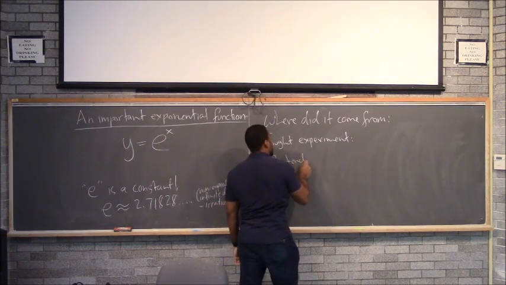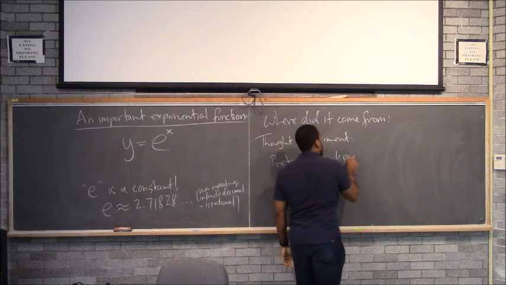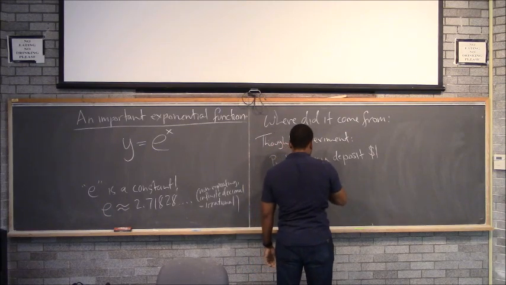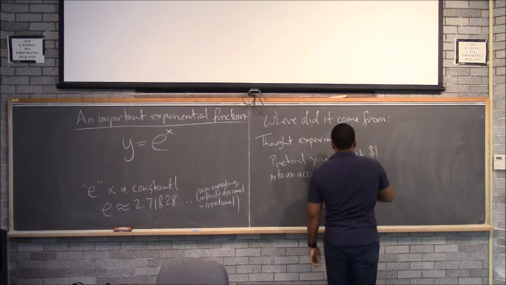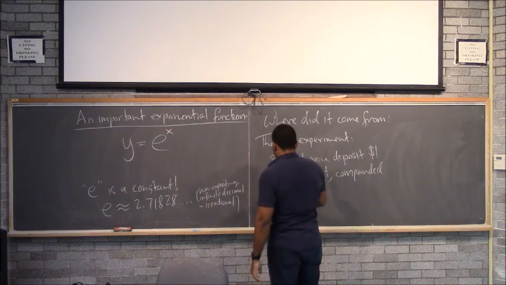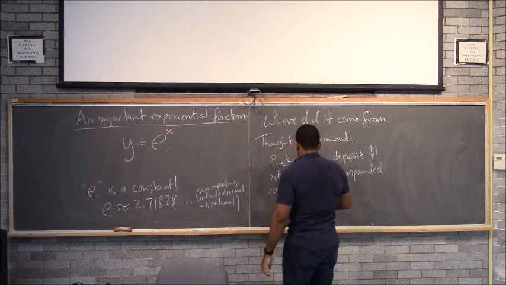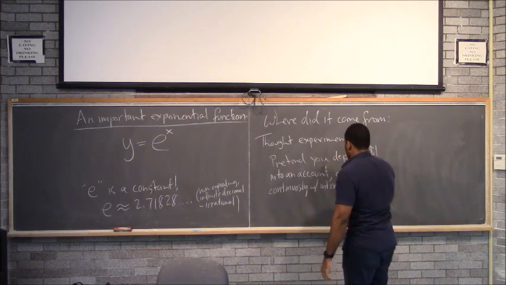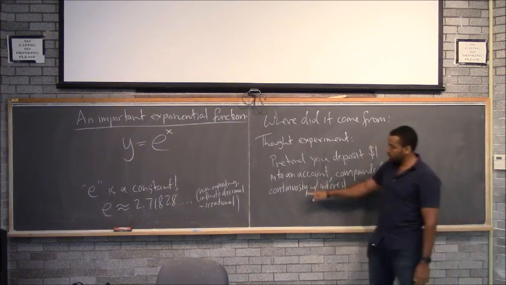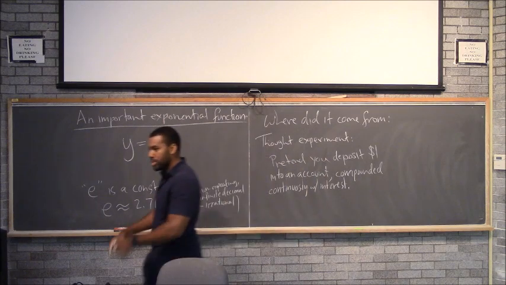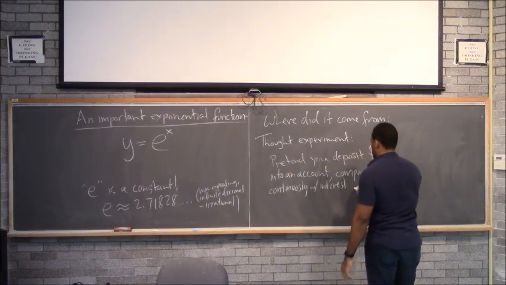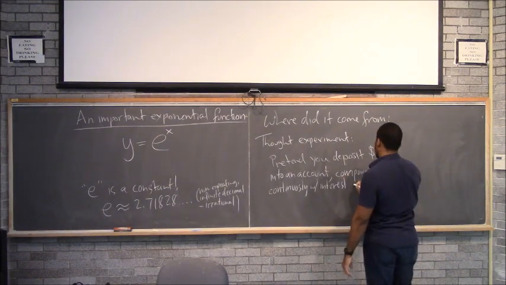So you pretend you deposit $1 into an account. And let's assume this account is compounded continuously, with interest. So this grows with compound interest. Compounded continuously means we're adding interest an infinite number of times, and then we're adding interest on top of that interest an infinite number of times